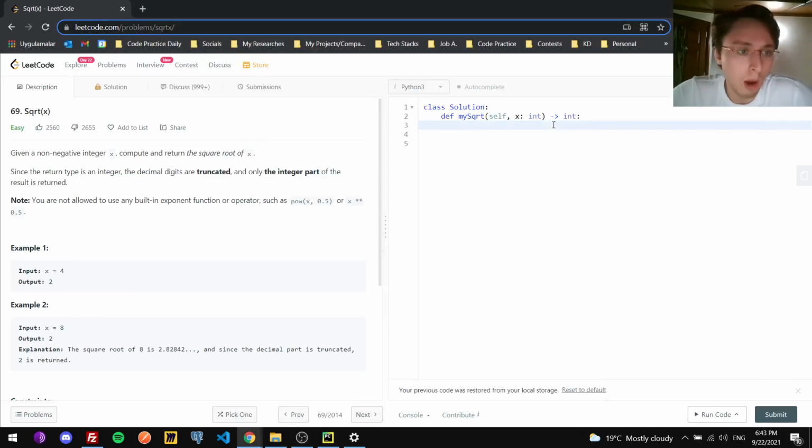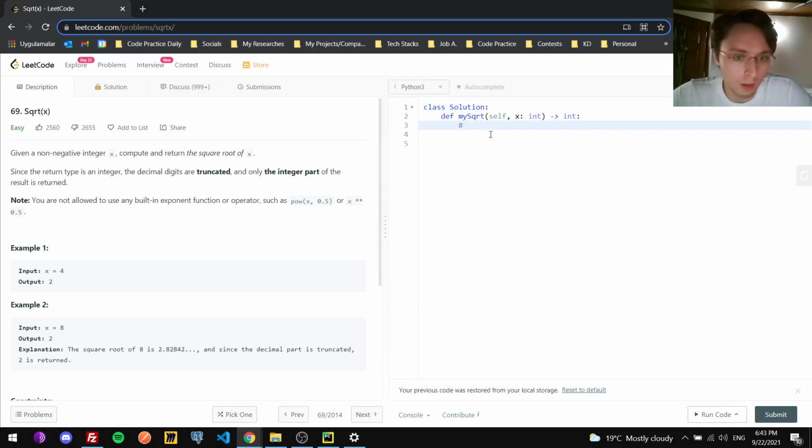Alright, the problem of today is square root x. Given a non-negative integer x, compute and return the square root of x. Since the return type is an integer, the decimal digits are truncated and only the integer part of the result is returned. So, for instance,